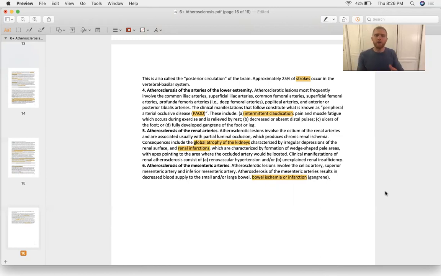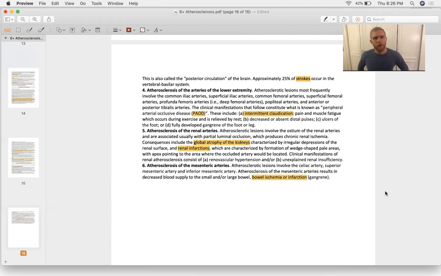And then some other symptoms of peripheral artery occlusive disease that are important to recognize: decreased distal pulses, especially in the lower extremities; ulcers of the foot, this can go hand in hand with diabetes; or fully developed gangrene of the foot or leg. And now finally, there's a renal presentation, which might be